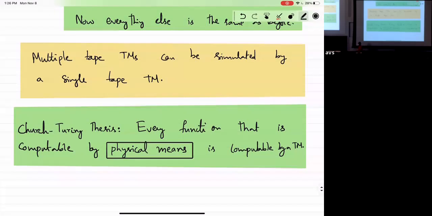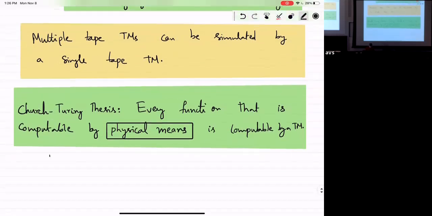Okay, and this is something like a law of nature. You're not going to be able to prove it. Just as an apple will fall down everywhere, anything that is computable by any physical means is actually computable by a Turing machine. That's the law, and let me say this is a law of nature.